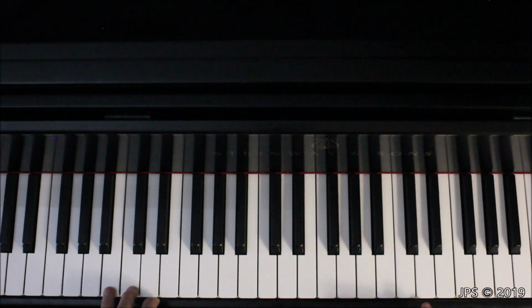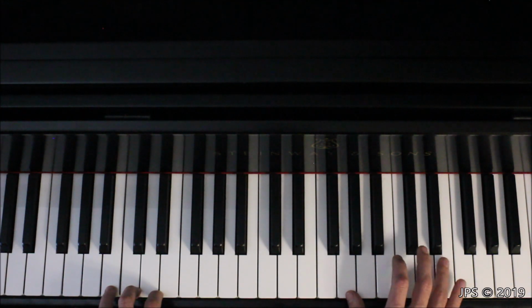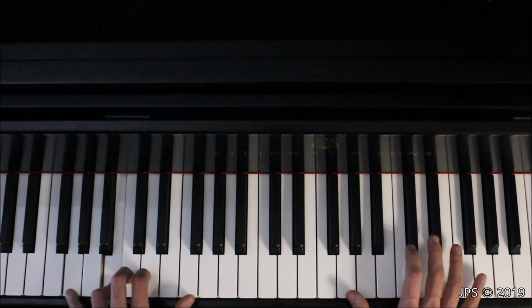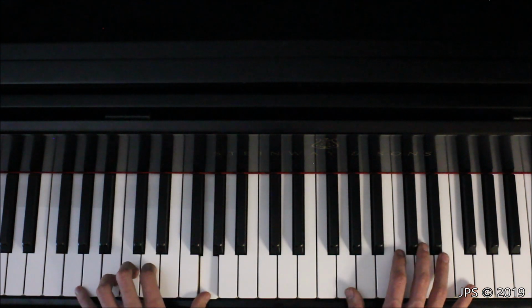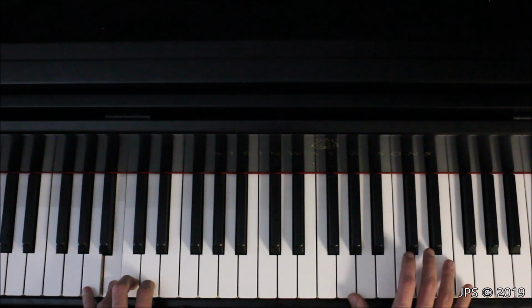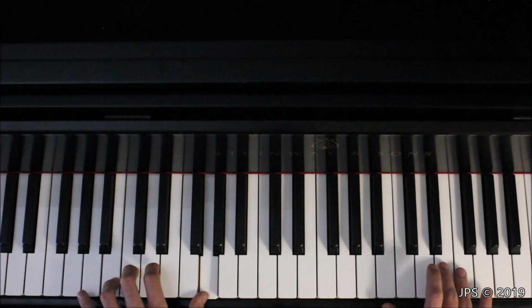Now what I did is, because you don't have to play E with that pinky, there's no real reason to do it other than the fact that we were here on G, and technically reaching to E is a little bit easier than reaching to E with our fourth finger. But in the previous measure, we went down from G like this. And if you leave your hand in that open position to play the next few notes of that measure, from the beginning of that previous measure, like this, look where my fourth finger is. It's right on that E. So instead of moving to my pinky, I can just play E with my fourth finger, just like that. And then play it again, and then move to E with our third finger,